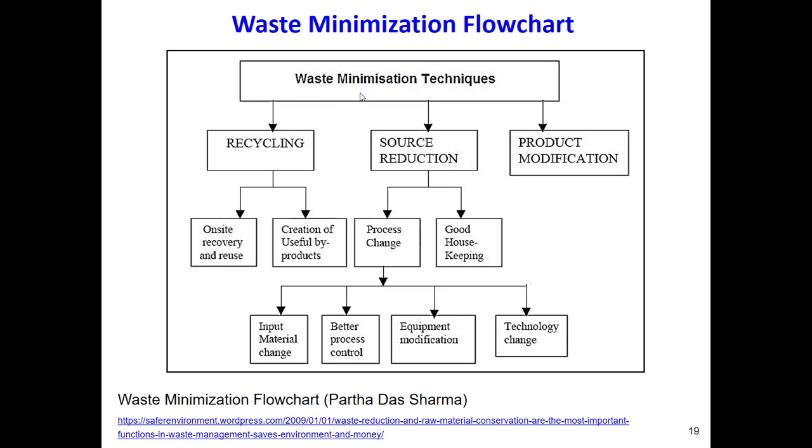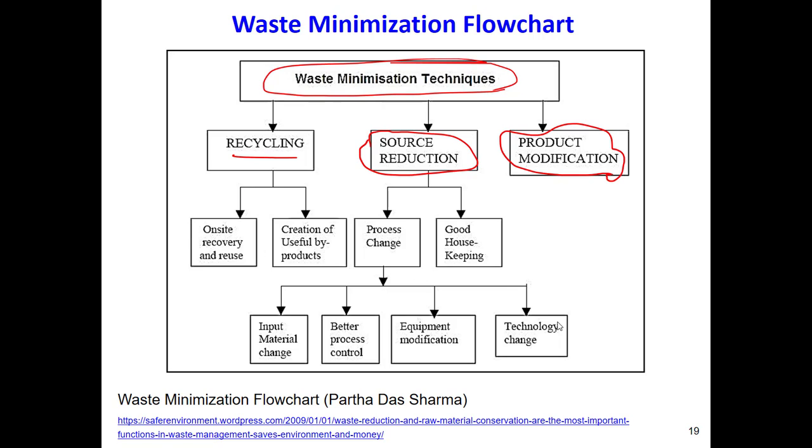each of these items. So in general, waste minimization technologies contain the three major work: recycling, source reduction, okay, using less raw material or less resources. Recycling is a very important step, by the way. Then product modification, modifying our product to be used for a longer time or do the same job with a higher performance, with a better quality.